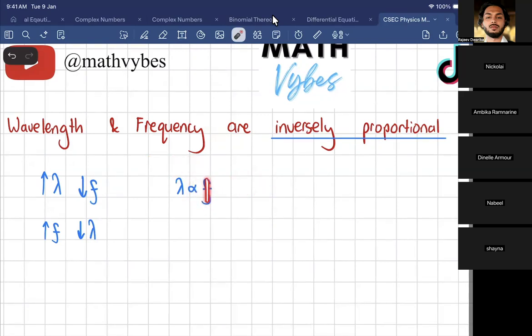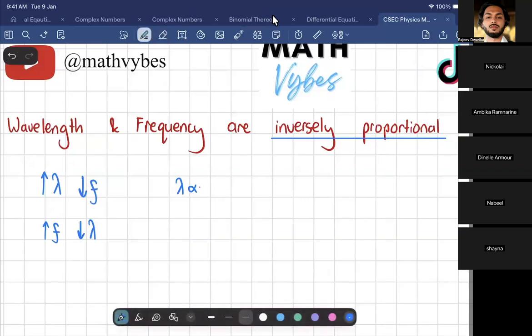If this turns five, wouldn't this turn five? But that's not true, right? Because we know it's an inverse relationship. So if one goes up, the other one has to go down. So this is not true. If it's an inverse relationship, I'll write lambda is proportional to one all over